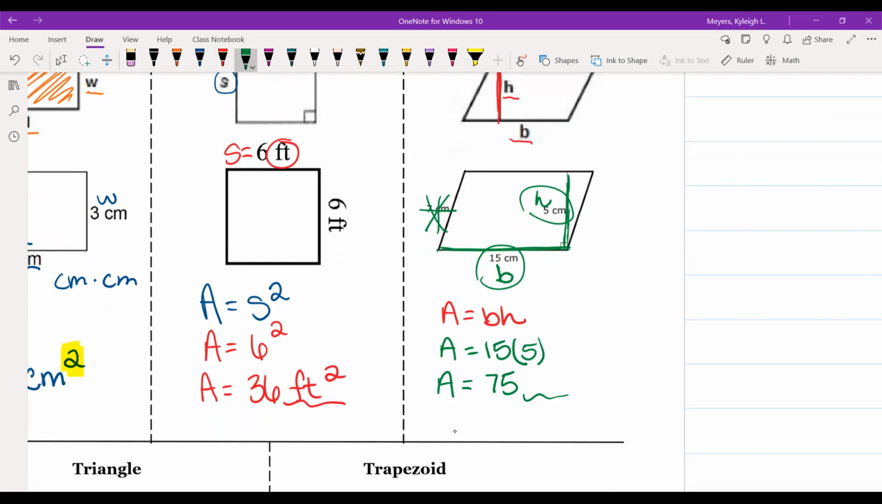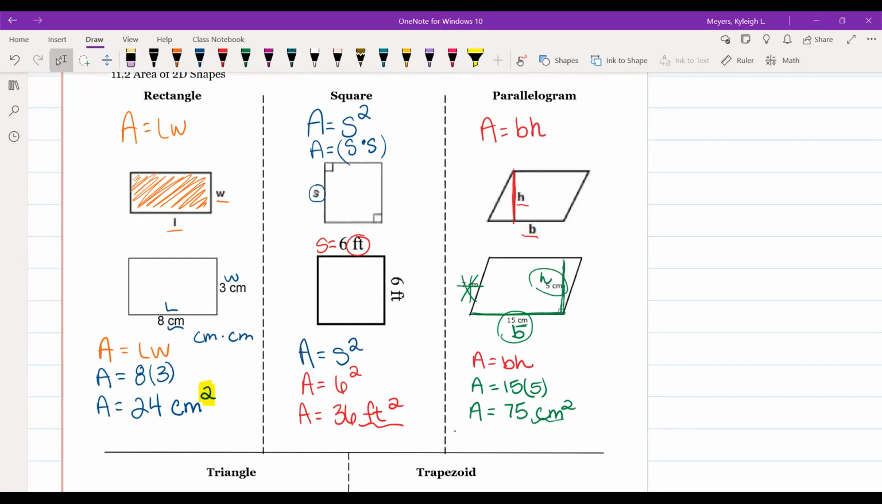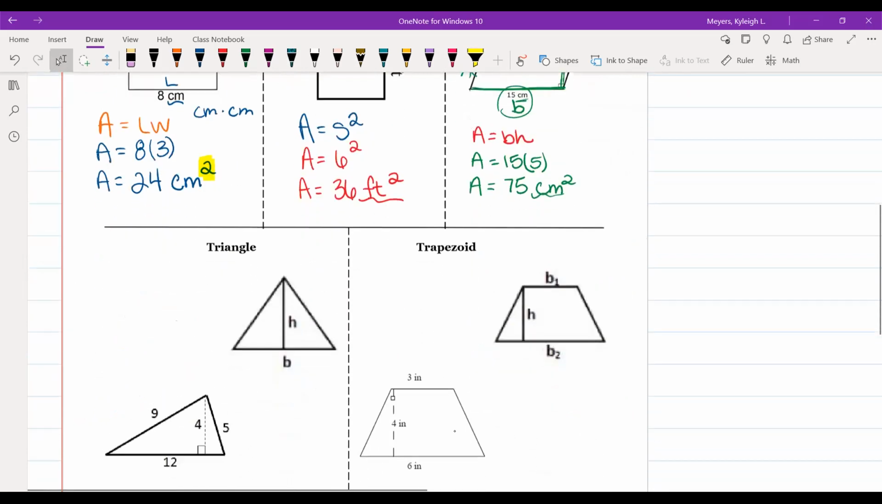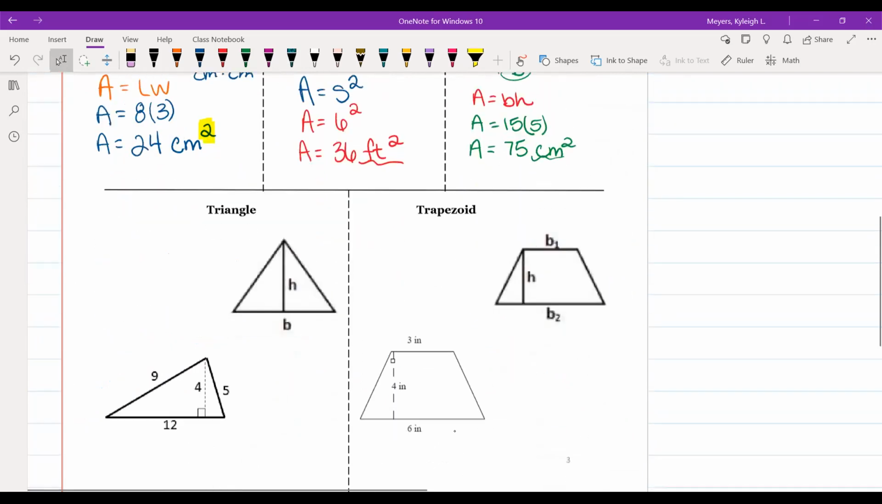When you label, it should be centimeters squared, right? It should be centimeters squared. Okay, so now we're going to get into the 2 more complicated shapes. So the first 3 so far have just been multiplying, right? The next ones are going to be multiplying, but now we're going to add fractions in, so that's not going to be so fun. All right, so hopefully you're good with rectangles, squares, and parallelograms, because now we're moving on